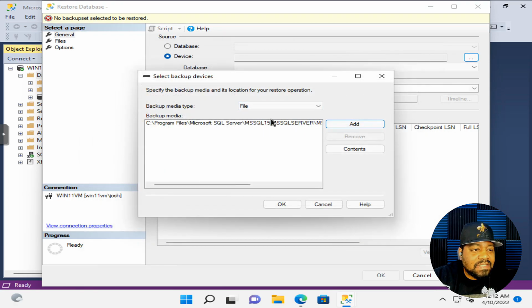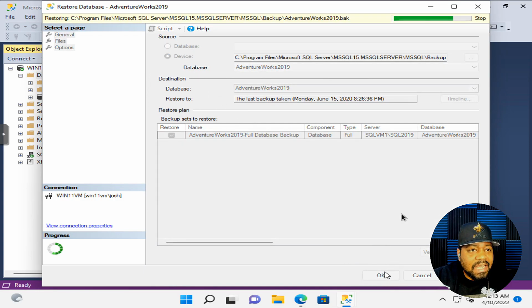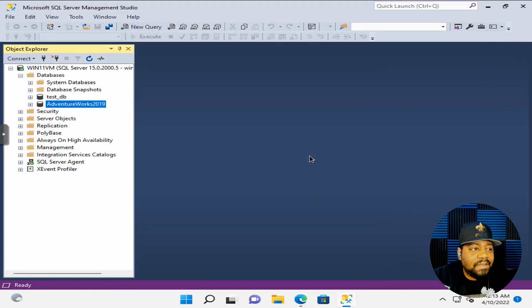So we have that done. Let's press OK. I basically highlighted and pressed OK, and what it's going to do is import that backup into our server once we hit OK. So we're good to go. All we have to do is hit OK, and you'll see it pop up here saying it's restoring that actual database, and then it'll pop up saying it restored the database successfully. So let's press OK, and as you can see, we have a new database there, and that's the AdventureWorks 2019,